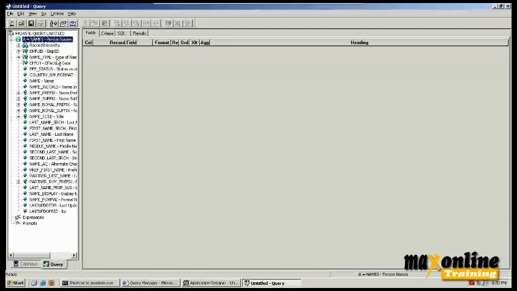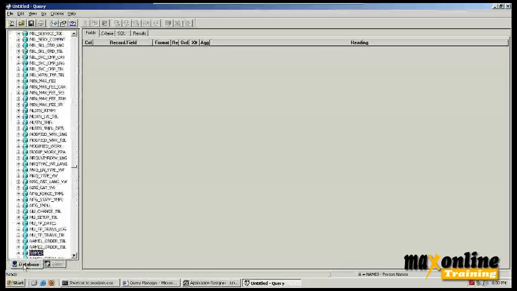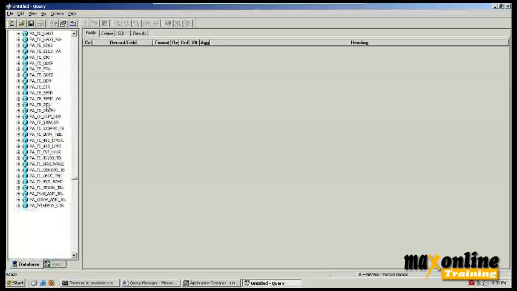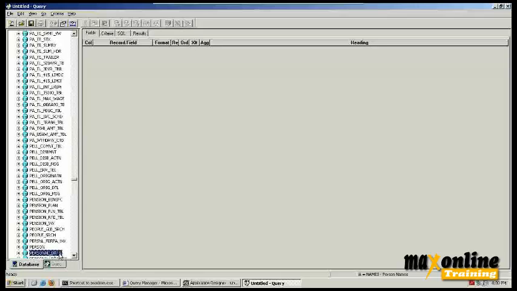Say, for example, a lady might be changing her name after getting married. Before marriage, her name might be Radha Gopal Krishnan, and after marriage, she might be changing her name to Radha Srinivasan. So it's rare, but there is a possibility. People can have different names at different times. So the system will store names in this. Otherwise, if you don't want the effective dated one, you can go for this table also. Person